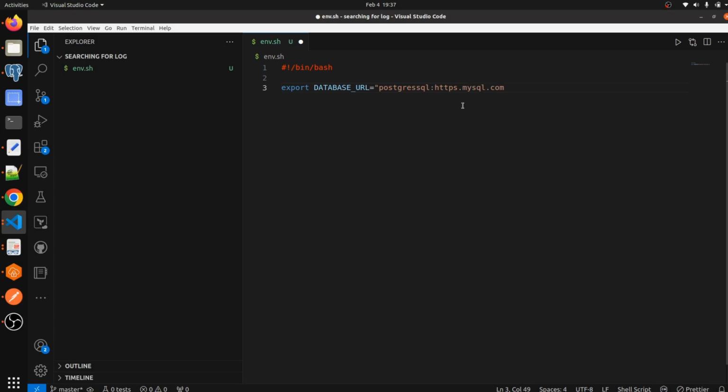Whenever you create any database, you will get the endpoint, so you have to use your endpoint here. Then after that you have to echo